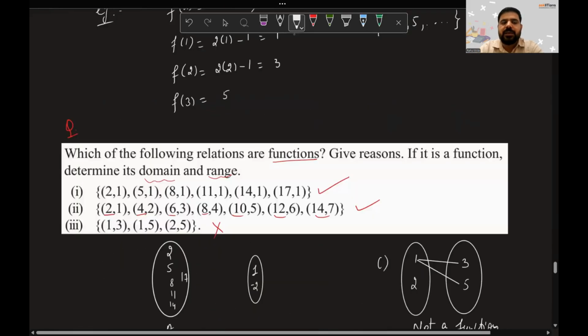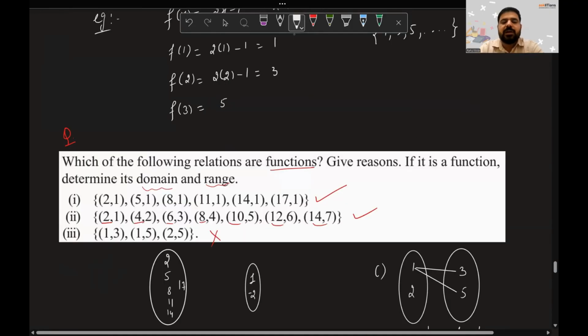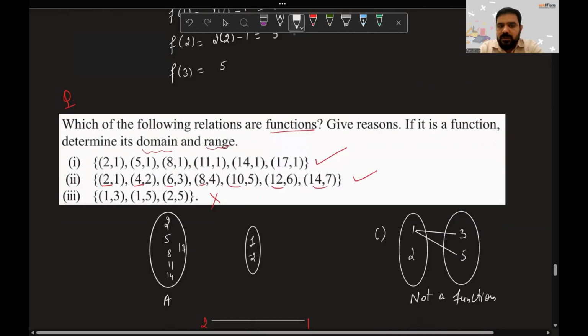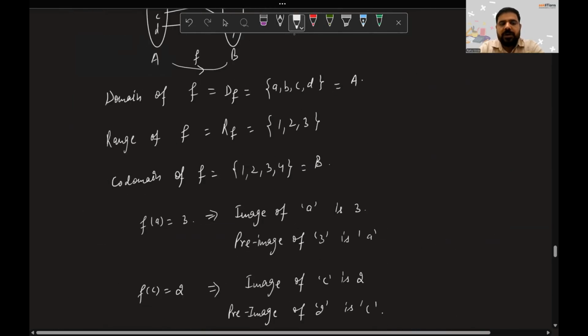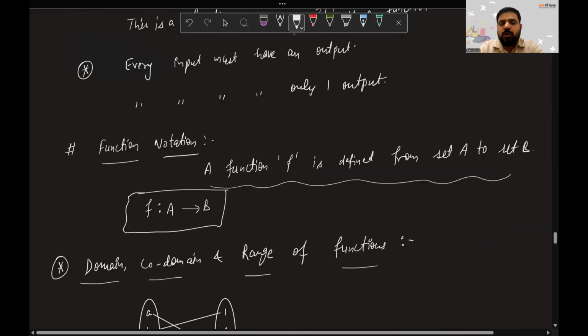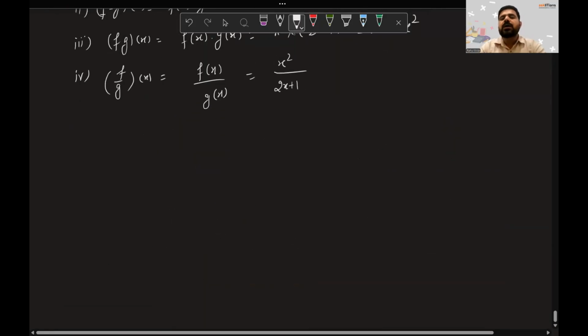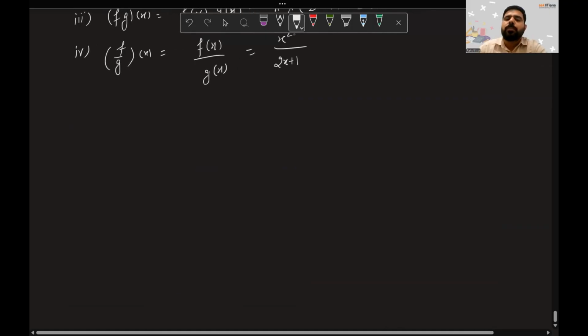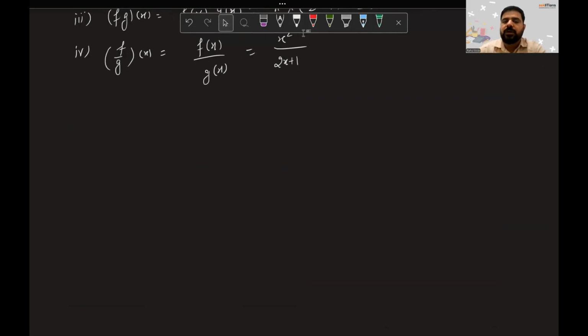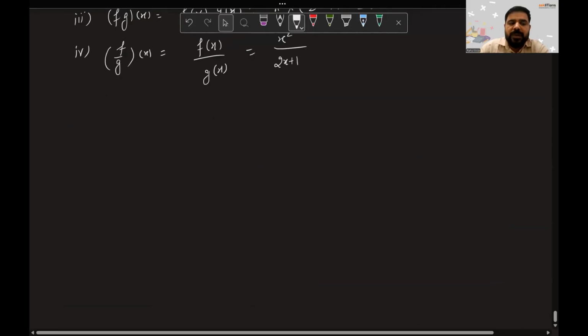Vertical line test is fine. We will be able to tell whether a given relation is function or not with the help of the arrow diagram. Right? This mapping, we understood what real valued function is. Domain and codomain, we understood. Right? But sometimes we are supposed to find the domain or range of a function. So I'll just give you some basic tips